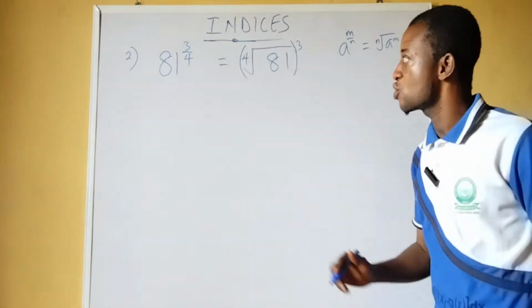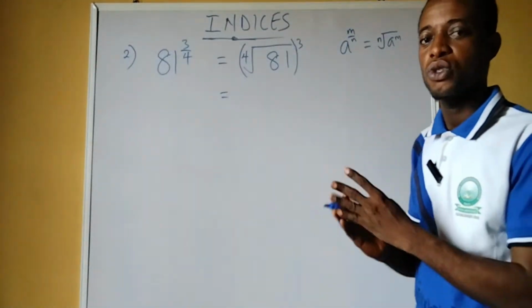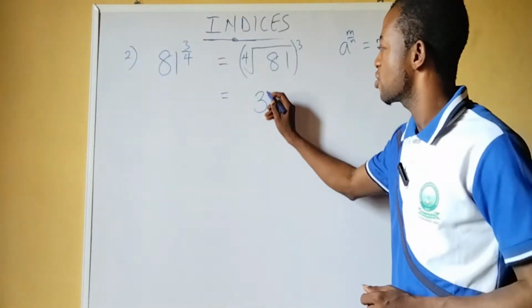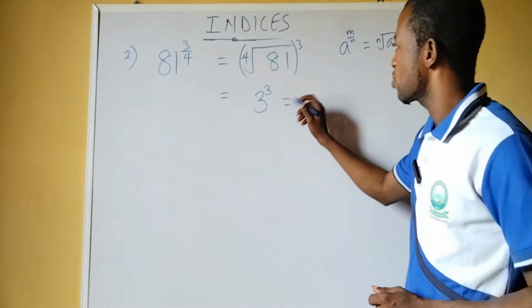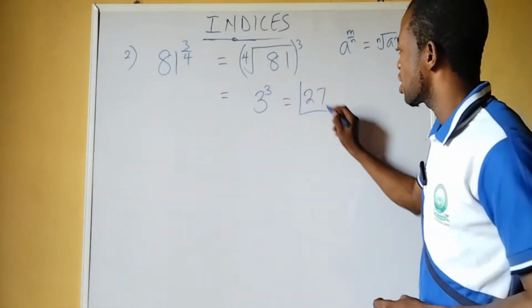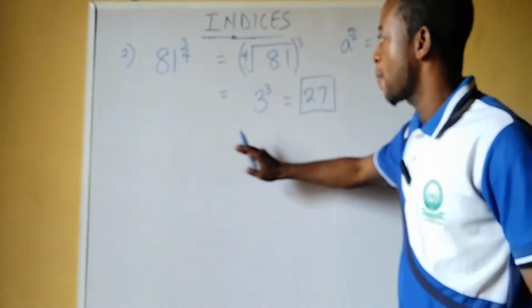And the 4th root of 81 implies a number that multiplies itself 4 times that will give us 81. That's 3. So 3 raised to power 3, and that's 27. So it means that here, 27 is the final answer to this. Or